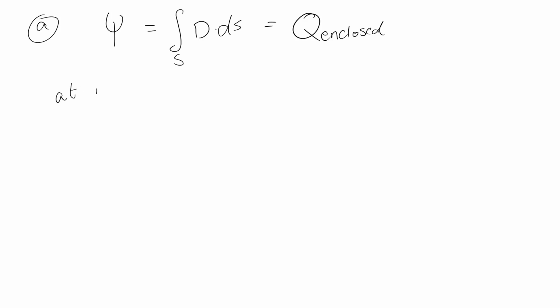For A, we know that the flux equals the integration of the flux density D dot ds over the surface, which is also equal to the total charge enclosed by the surface. So at r equal to 2, we have rho, we have ds, so we can find Q, and since Q is equal to the flux,